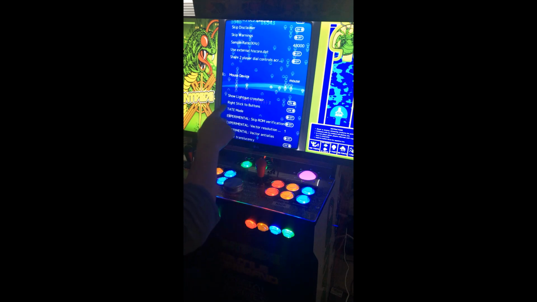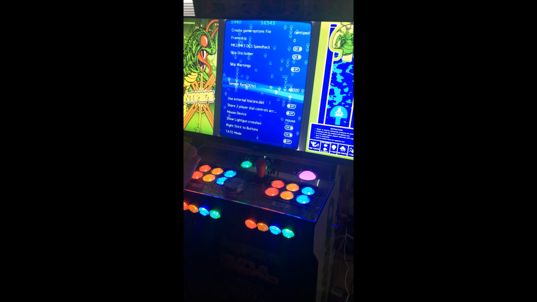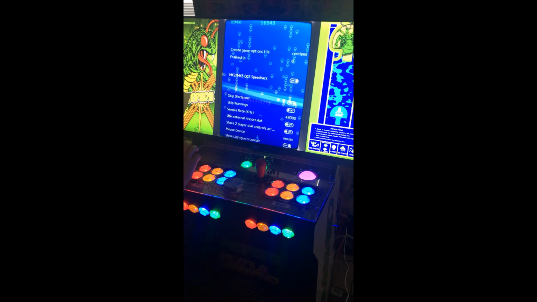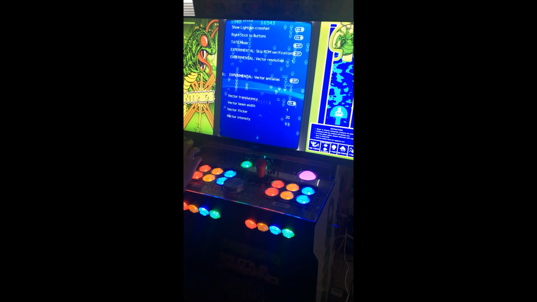You want to have a mouse, not pointer. Mouse device is mouse, and then there's somewhere here that says